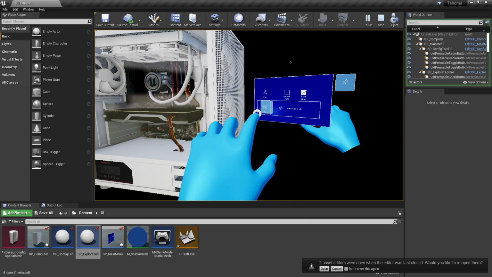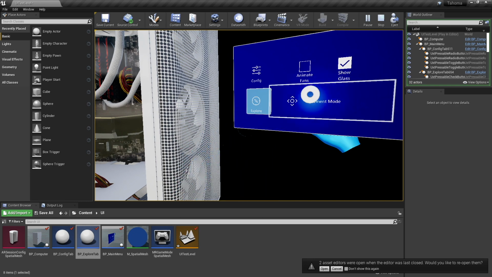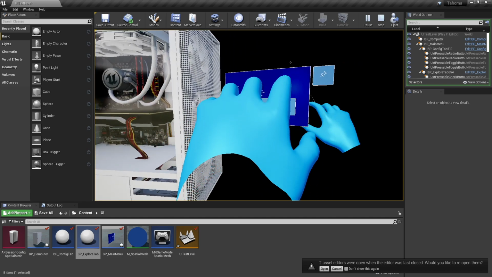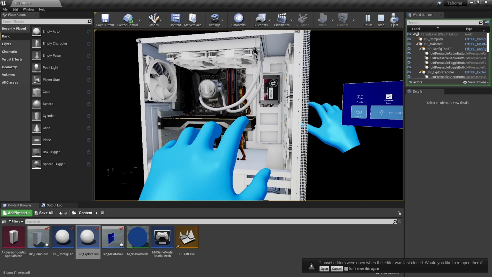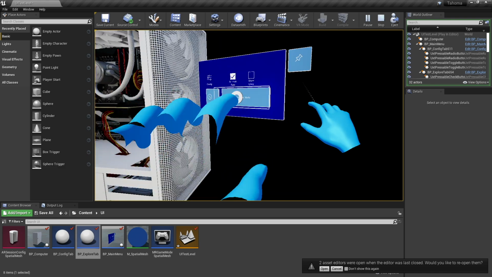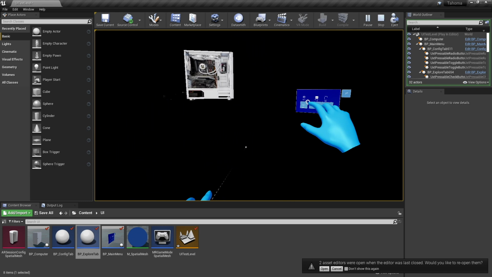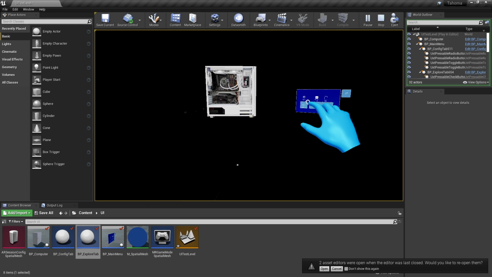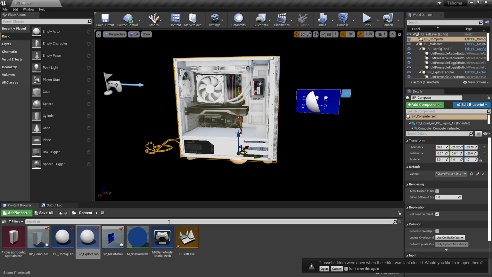Next, let's look at the Explore tab. So here we have 3 buttons, 2 check buttons and 1 normal toggle button. The check buttons are used simply for turning features on and off. So we can show and hide the glass on the front of the PC, or we can animate the fans on and off. And last but not least, the placement mode. If I turn that on, doesn't look like much changes, but I'm now able to grab the PC and move it around. And this will actually use the spatial mesh on HoloLens to help you place the object in the real world. Let me explain a little bit more about what all these buttons do and what that means.